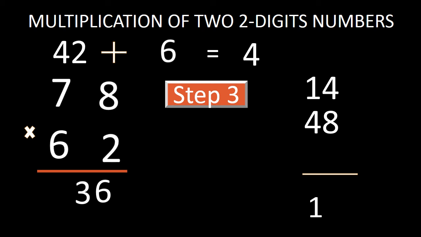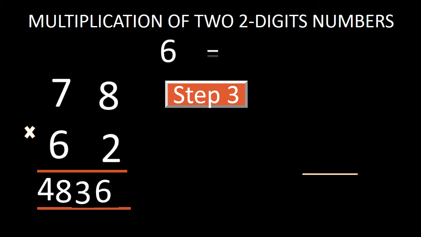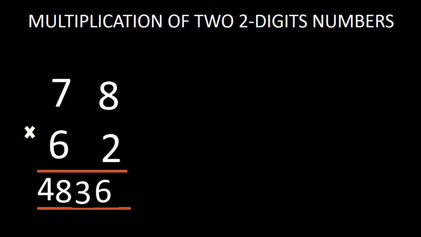So now as the process of multiplication is going to finish, we will just bring this 48 down in the answer. We will keep no digit as the carrying digit, and we will just bring this whole number, that is 48, down in the answer. So our answer is 4836. Now you look to question number 3.